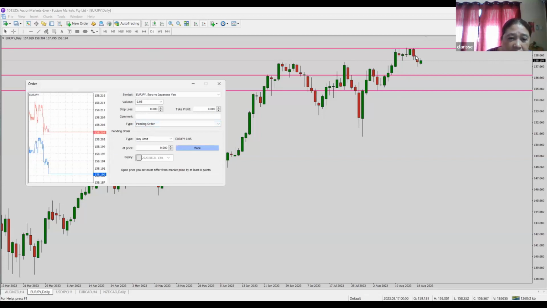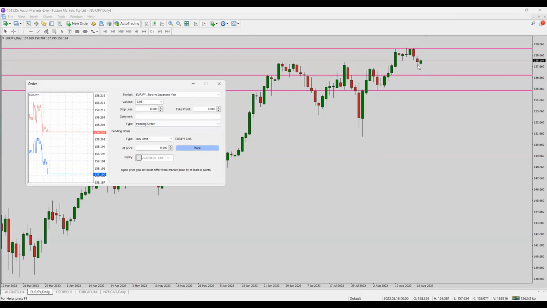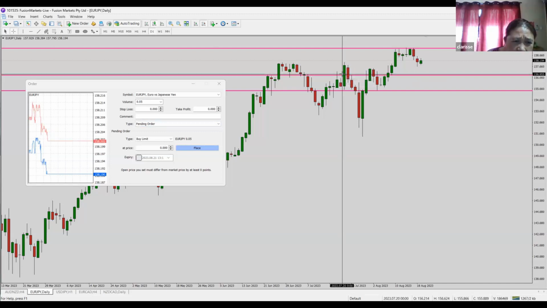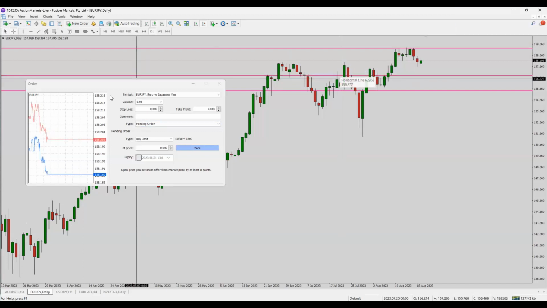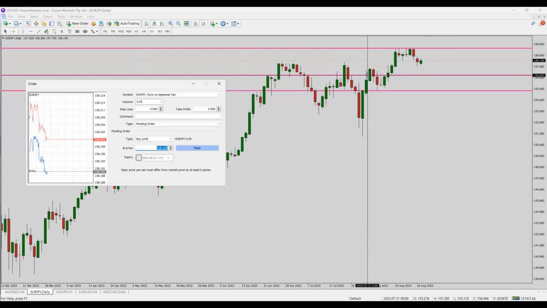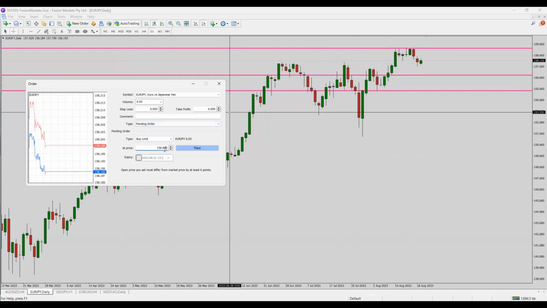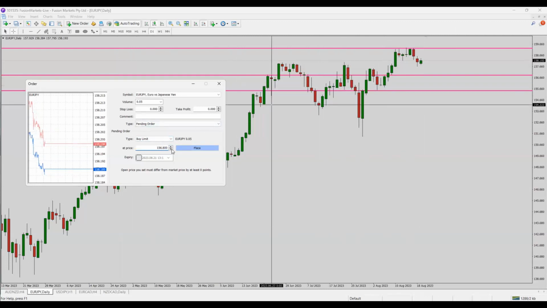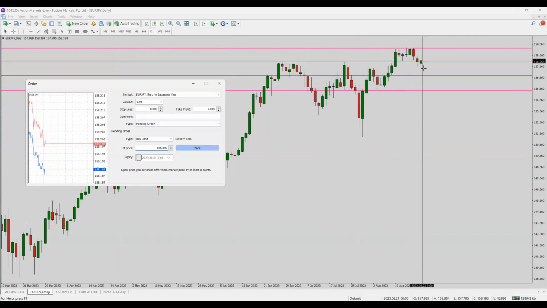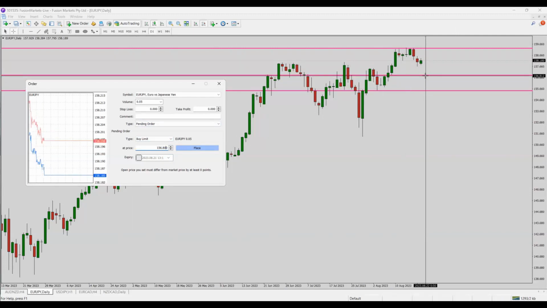Okay. And then since you are buying, you only want to buy when the price moves to here. Can you see here? Move to this line. That line is about 156.8. So buy limit, you key in 156.8. This is your entry. But the current price is above 156.8, so even if you put in your order, it will not be executed because the price has not come to the level that you wanted to buy.